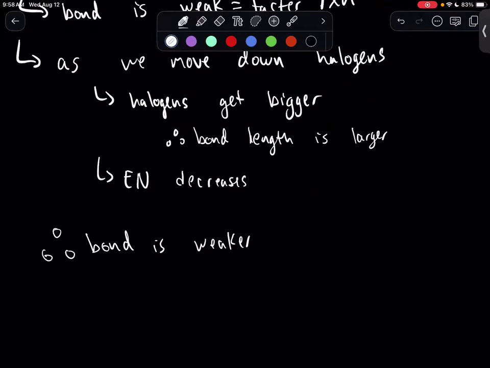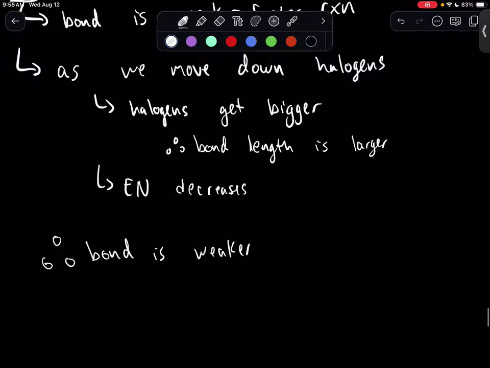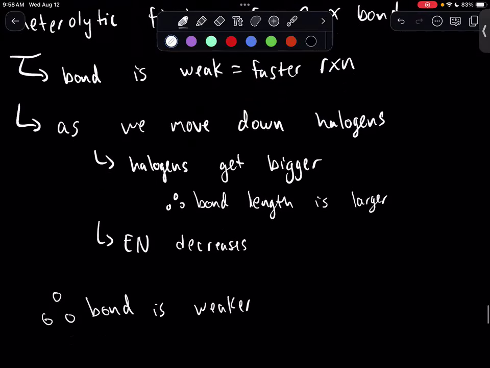And specifically, we're going to have those differences in polarity, and we're going to have those larger halogens. So it's just going to make this whole reaction faster overall as you move down towards iodine as your leaving group. Well, iodine's a very good leaving group. It leaves very readily because it's very large with an electronegativity close to carbon, very large bond length. This is easy to break. So I hope this helps you understand a little bit about SN1 and SN2 reactions, and have a great